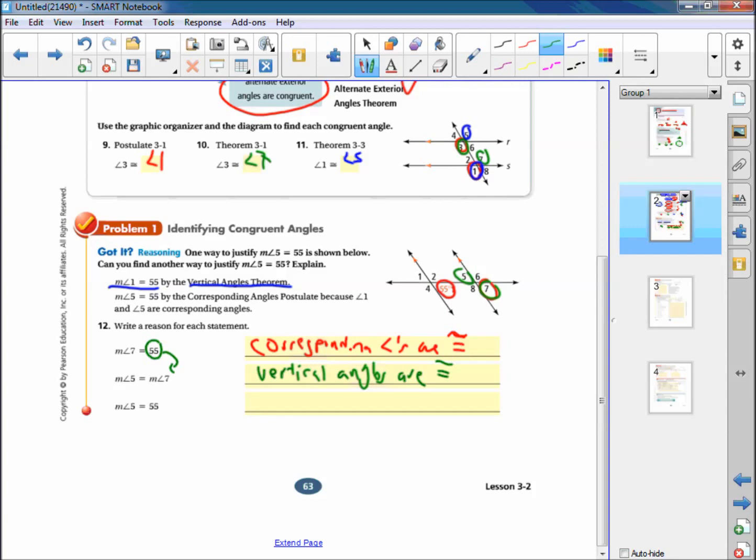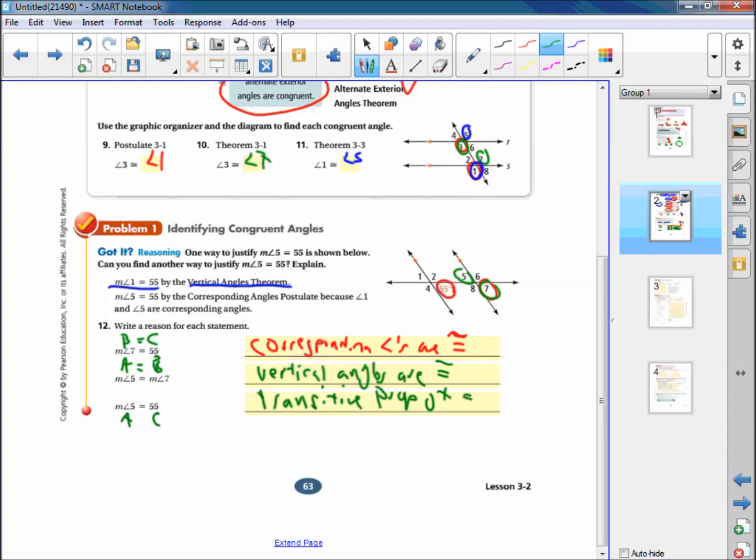Or we could use the transitive property of equality, because here we have, let's see, A is equal to B, and B is equal to C. So therefore, I know that A and C are the same. So this is A and this is C. So I'm going to use the transitive property